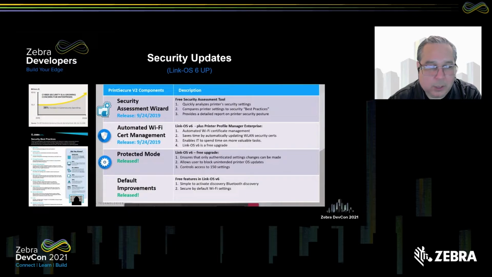I'm going to talk a little more in detail about this and how it works in the next slide. But the expectation is that you are able to manage and control access to up to 150 settings. And the last thing, but not less important, we have made default improvements, and some of them are related to